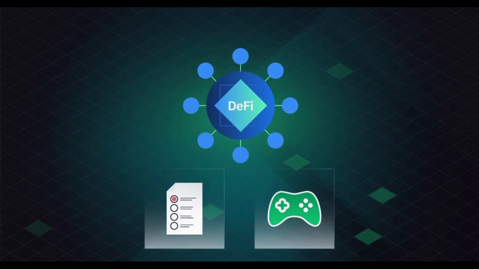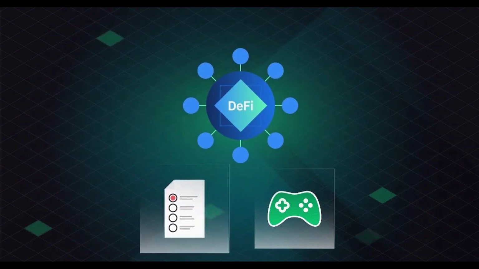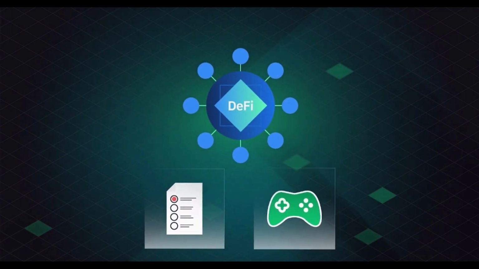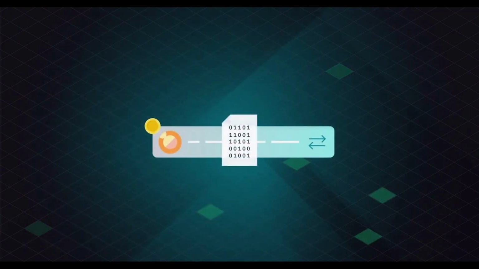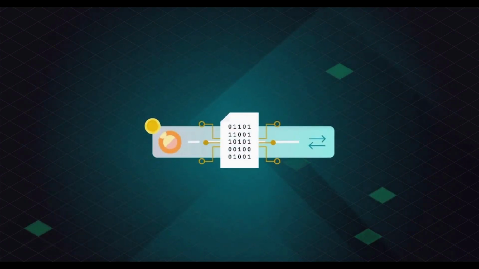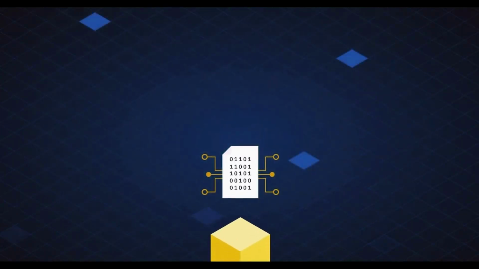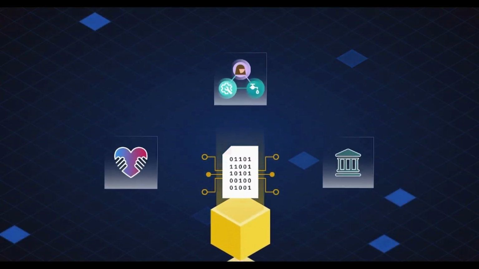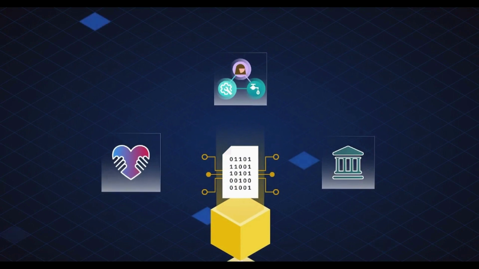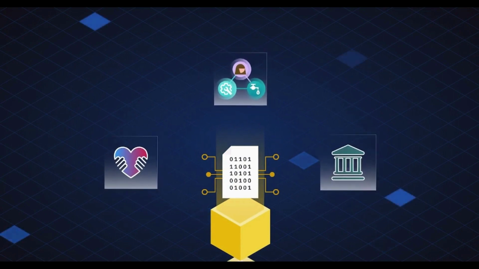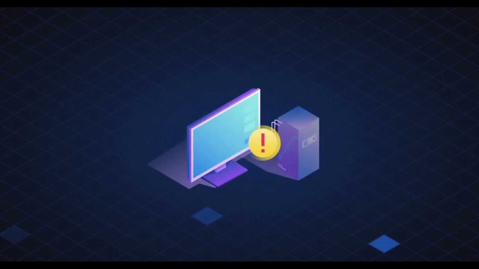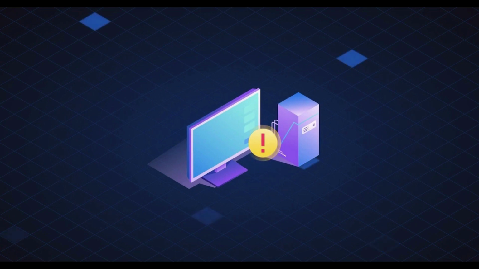Smart contracts can be used for various use cases, including DeFi, voting systems, and games. As we explained in the previous modules, DeFi transactions are completed via smart contracts. Smart contracts can also be deployed with other blockchain solutions in the healthcare, supply chain, and governance sectors. Of course, smart contracts have their limitations.